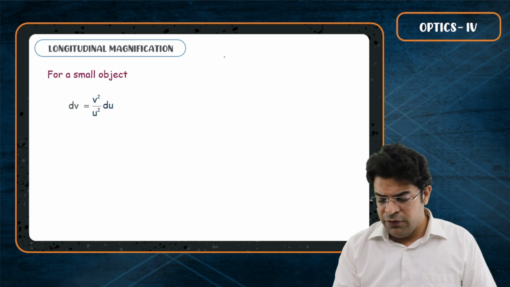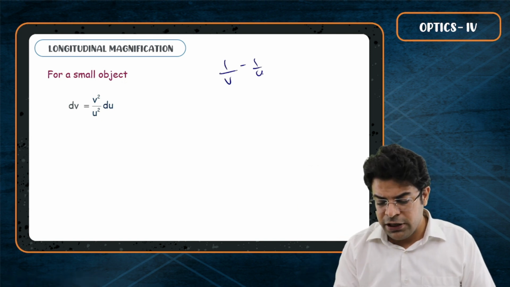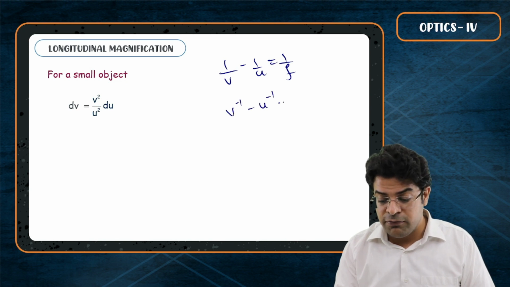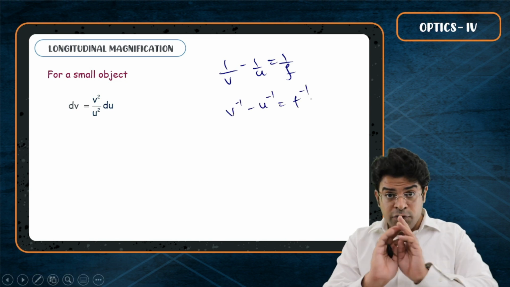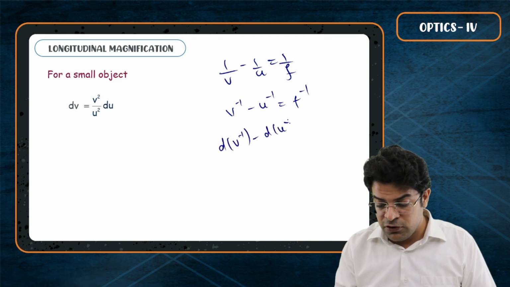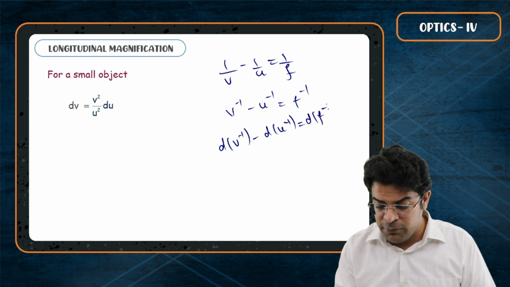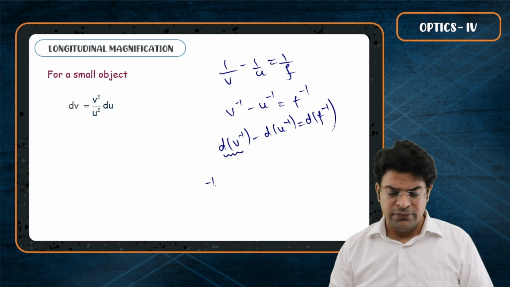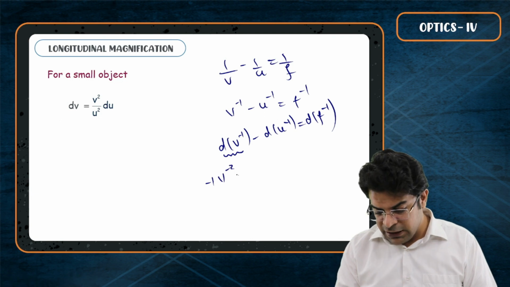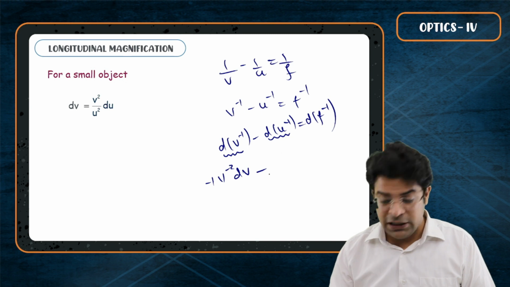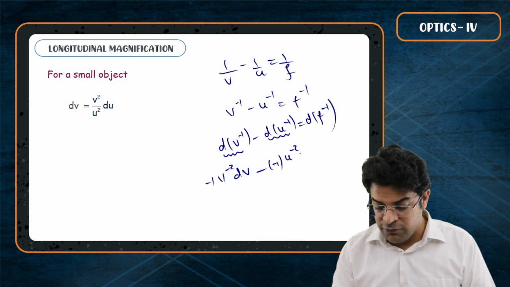Very easy. If you write 1 by v minus 1 by u equals 1 by f, you can rewrite it as v raised to power of minus 1 minus u raised to power of minus 1 equals f raised to power of minus 1. Differentiating each term, d of v raised to power of minus 1 minus d of u raised to power of minus 1 equals d of f raised to power of minus 1. d of v raised to power of minus 1 gives you minus 1, v raised to power of minus 2 dv, minus of d of u raised to power of minus 1 gives you minus 1, u raised to power of minus 2 into du,